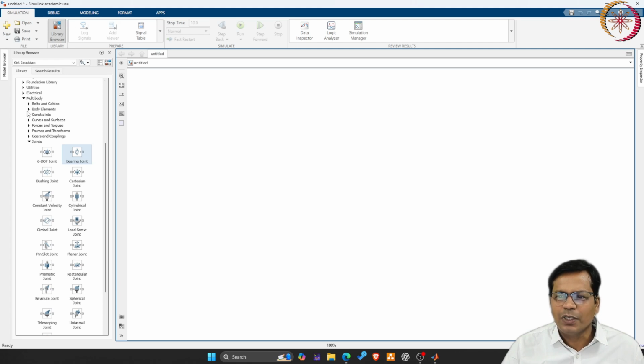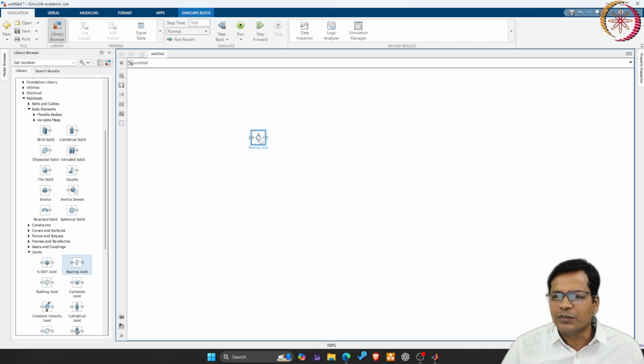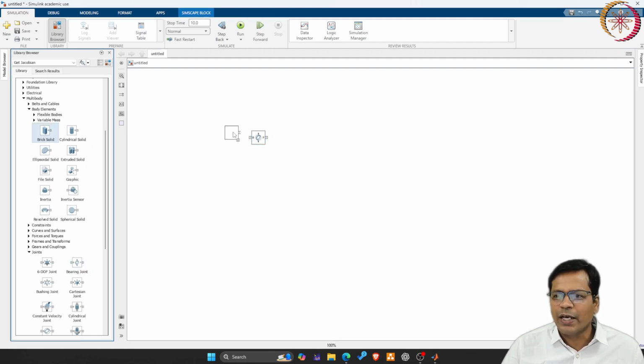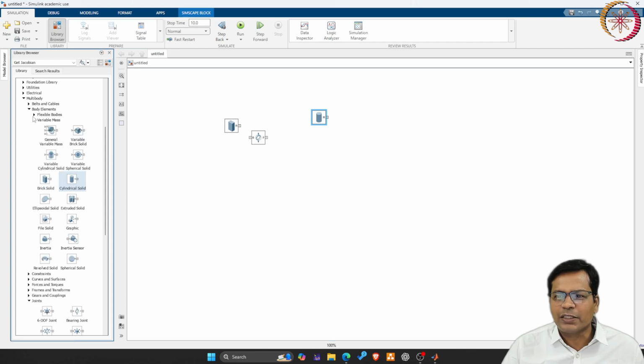You have body elements, constraints, curves and surfaces. Here comes the bearing joint that I have just dragged in. You can have a brick solid, a cylindrical solid, and other blocks such as variable mass and flexible bodies.